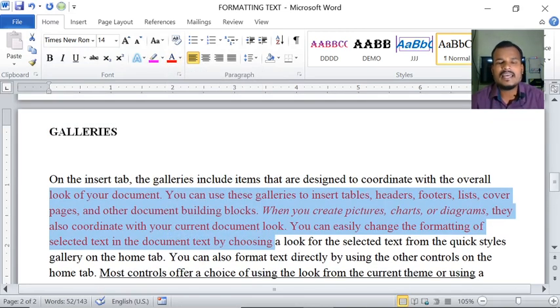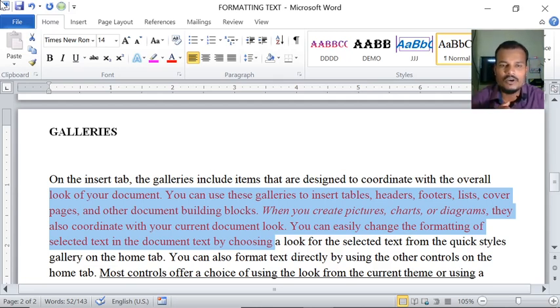I have applied some formats to this paragraph. So what is the purpose of this option, clear formats? It removes all the formats which I have applied to this paragraph.